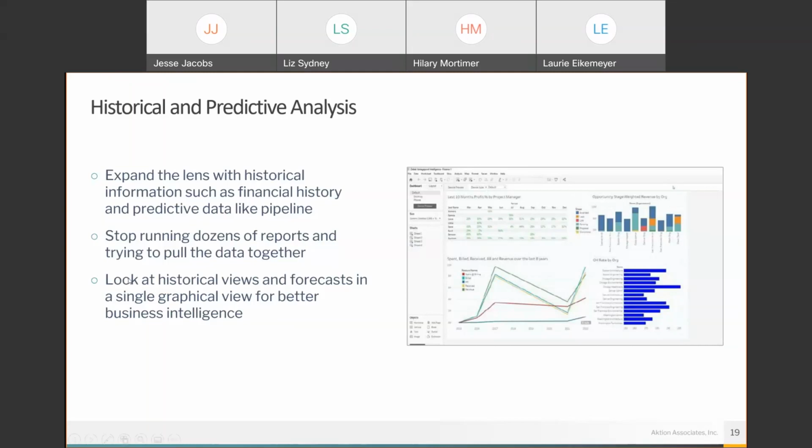And we can look at different historical views and forecasts in one view, right alongside other supporting graphs and visualizations too. So you're not just always looking at one thing. You'll have a couple different views that are very related right next to each other. You can filter them. You can drill down. You can get a lot more hands-on with the data. And a lot of the work of putting that stuff together is already automated